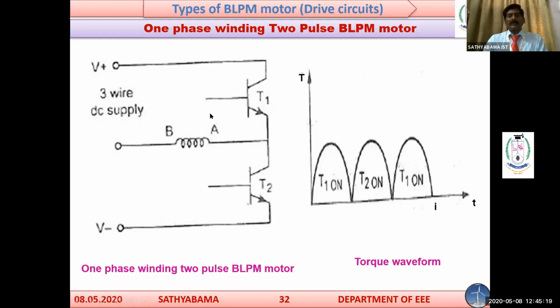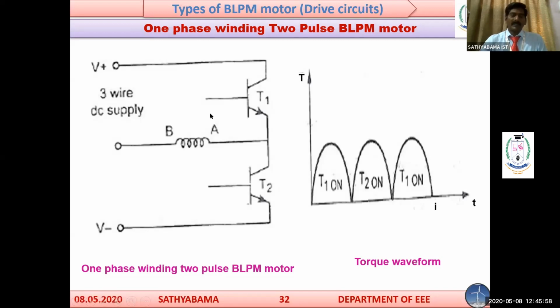This is the controller circuit for a BLDC motor, which contains a logical commutation circuit. Here are the three-phase windings A, B, C, and these windings are connected to the 6 switches. These switches get signals from the commutator logic circuit, which gets its signal from the rotor position sensor. This sensor is attached to the shaft of the rotor. This is the rotor permanent magnet, and these phase windings represent the stator winding.